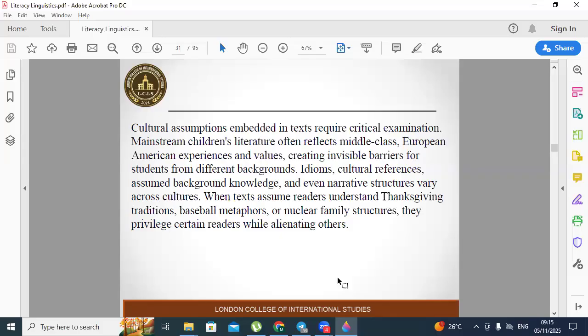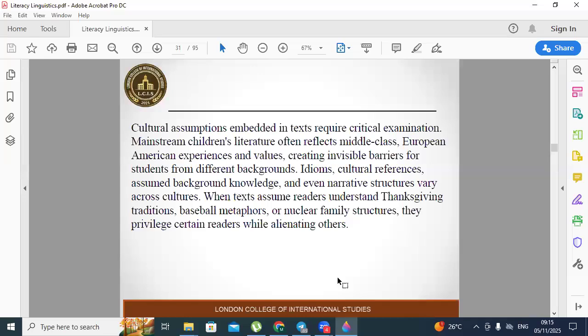Texts use idioms and metaphors rooted in particular cultural experiences. Strike out makes sense if you understand baseball. Monday morning quarterback assumes knowledge of American football. Pulling yourself up by your bootstraps references footwear and historical context that